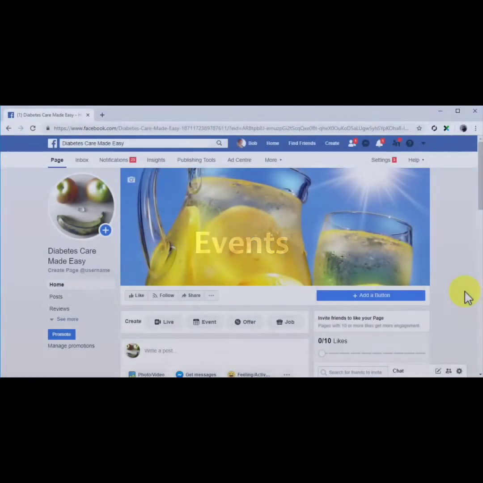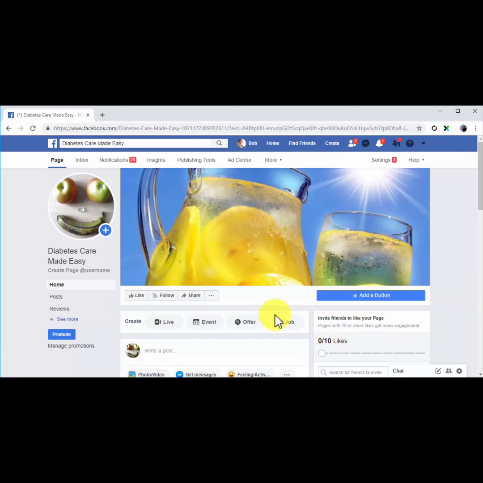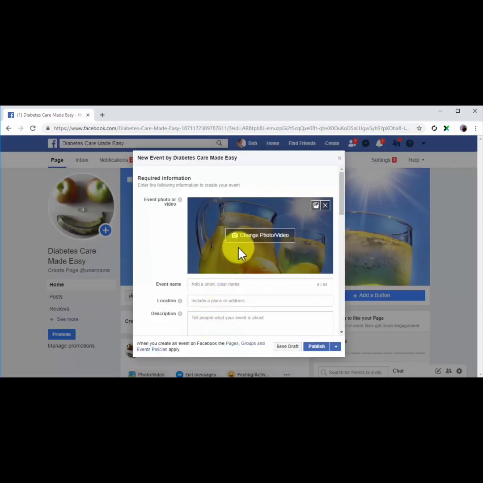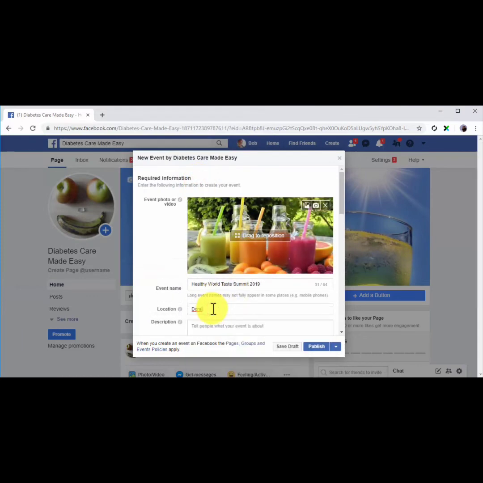Events. You can create custom audiences made of people who have interacted with your events on Facebook. To create this type of audience, you will need to set up an event first. Start by going to your Facebook business page. Now click on the Events button. Now you can start customizing your event by adding a promo photo or video, the event name, the location and